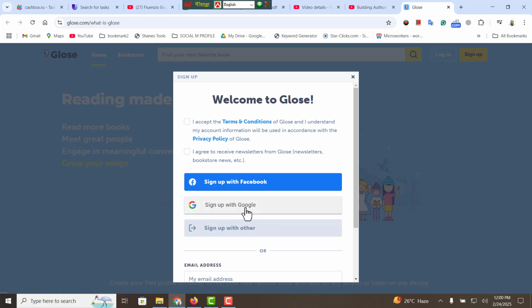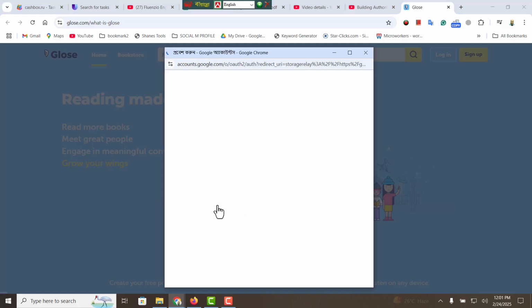Here I can see some options: sign up with Facebook or sign up with Google. I think Google is very easy for anything online. At first you need to click on I accept the terms and I agree, then click on sign up with Google.